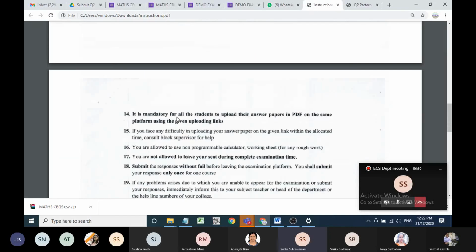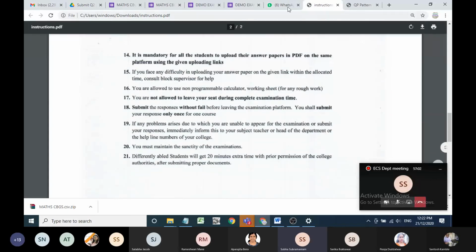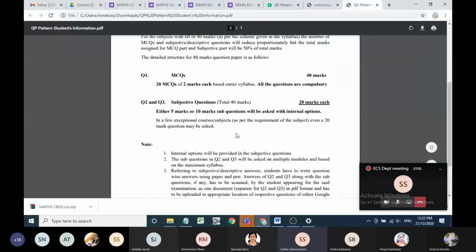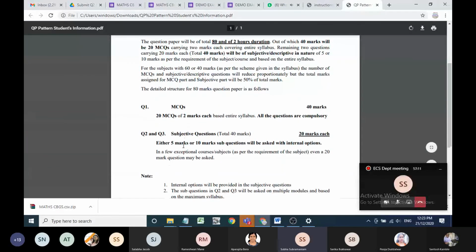And the only thing is that the work should not suffer, and everybody should cooperate with everyone, and students also, to complete this work, because for students also it is tough; they may lose connectivity and all those issues will be there. So they have to write and upload it in a single document.